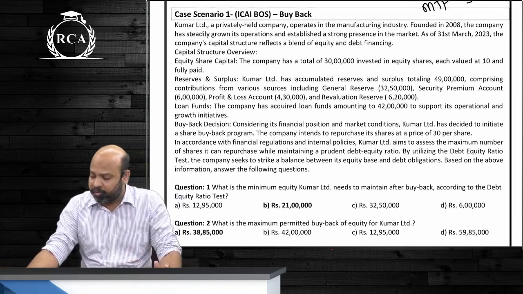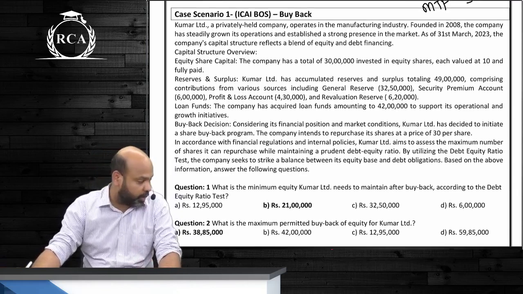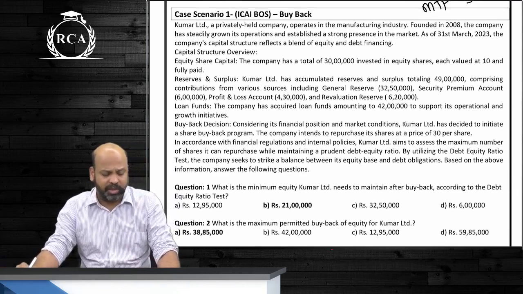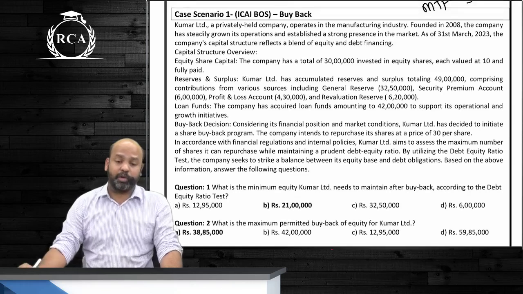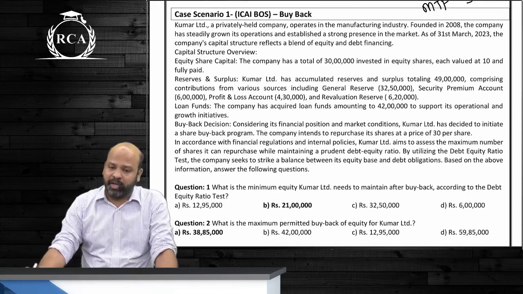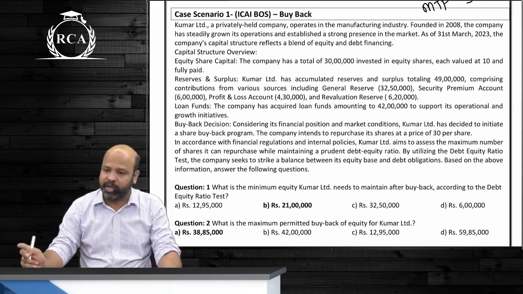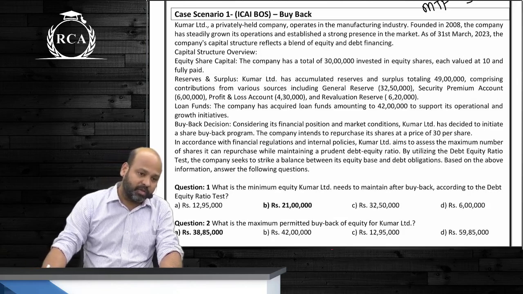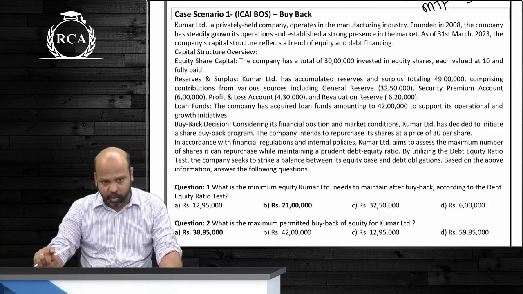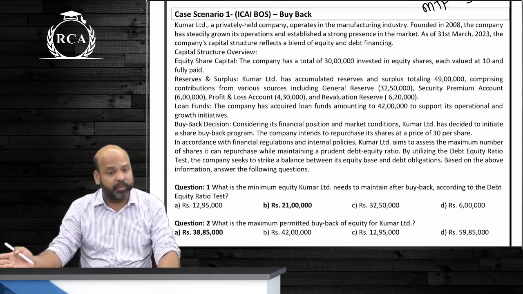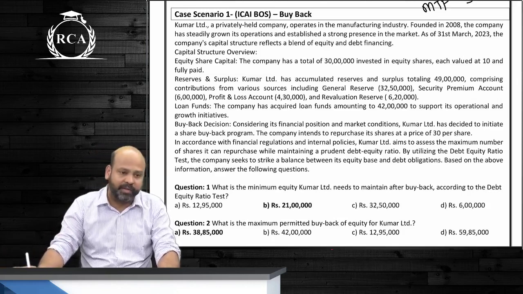In the new May 2025 study material, they've included certain case scenarios. Those are nothing but the case scenarios that were covered as a part of your mock test paper. Usually in the main exam there will be 3 case scenarios and then there will be 4 individual MCQs. The first case scenario will be for 8 marks, the second case scenario will be for 6 or 8 marks, and then there will be one more case scenario for 8 marks and then individual MCQs. That is how they're asking questions in the main examination.